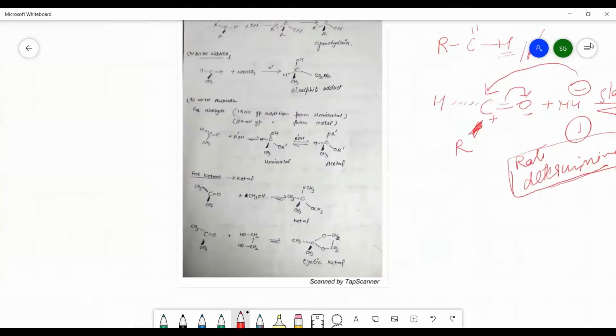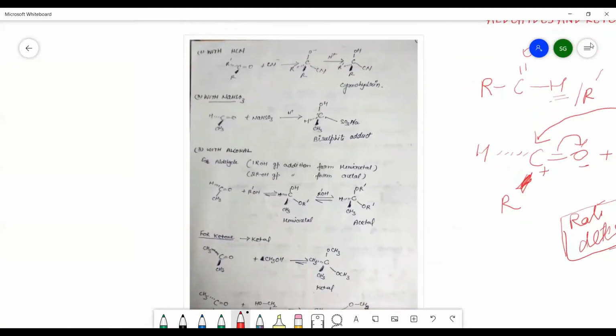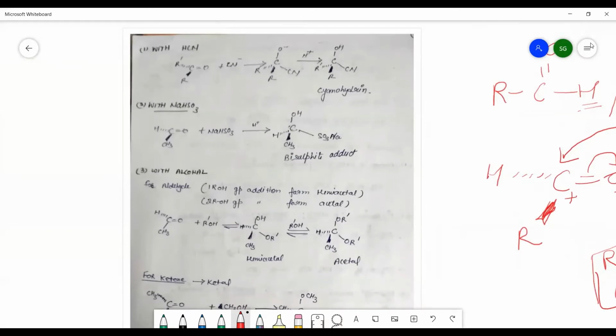So one by one we will discuss the addition of the various compounds. So see, first of all there will be the addition of the HCN molecule, in which the cyanide will attack the carbonyl carbon and form this kind of intermediate, which is tetrahedral in shape. And after that there is an addition of proton, or protonation. We will get OH at the carbon atom, and the product formed will be cyanohydrin. You may say that cyanohydrins are the compounds in which the OH and cyanide groups are present on the same